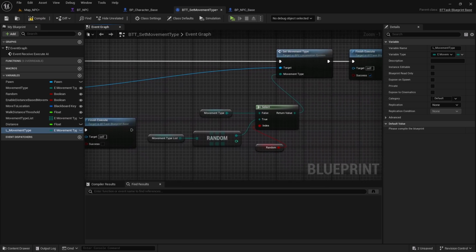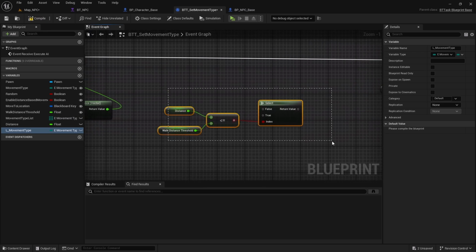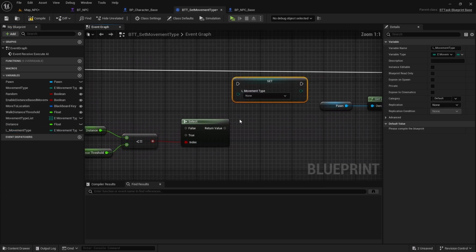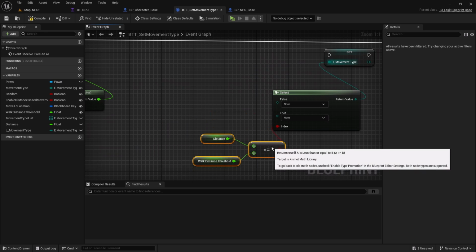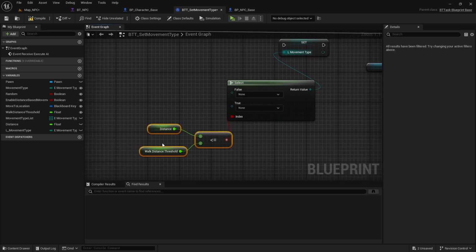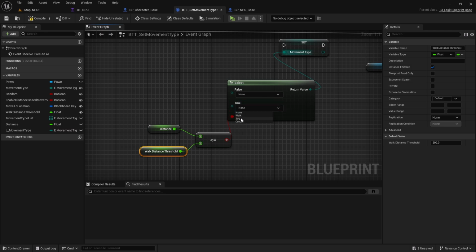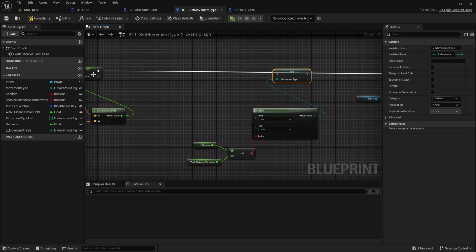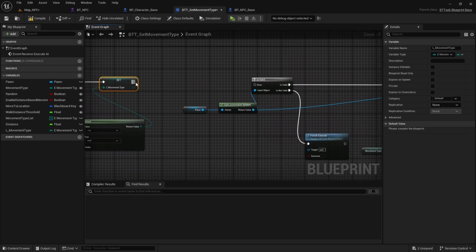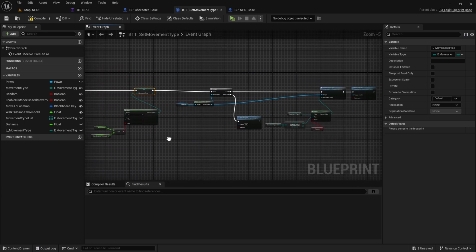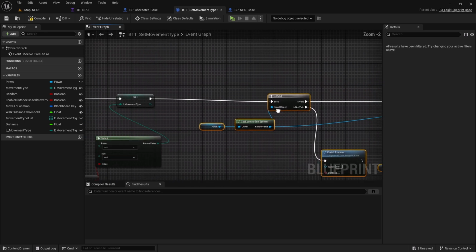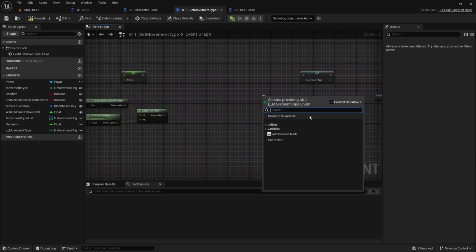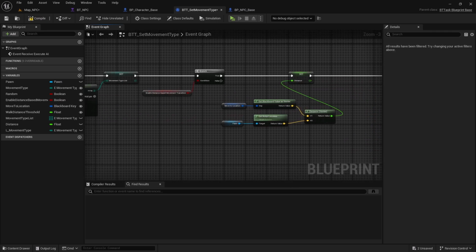Yeah, maybe, yeah, this would be fine. So I'll set it here like this, and if the distance is within this walk distance threshold, then it should be the type of walk, otherwise it should be jog, right? Okay, then